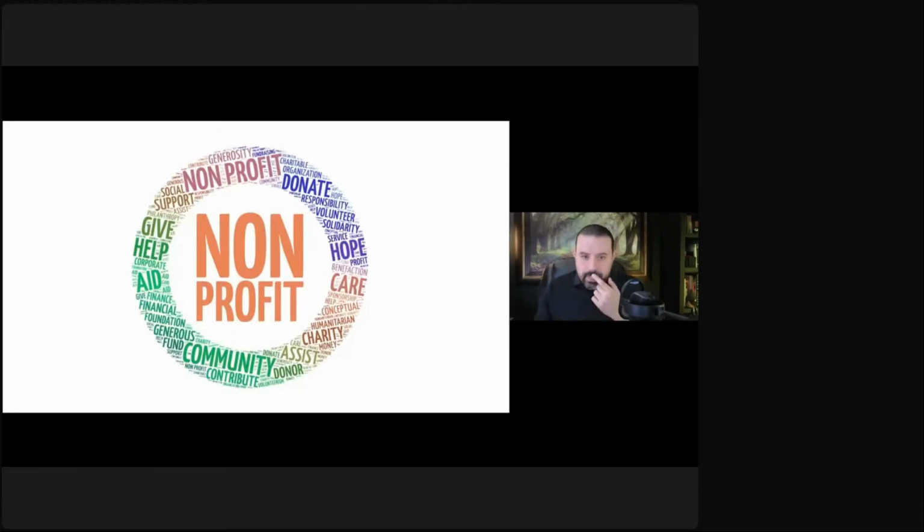So we're going to jump in here to understanding how this looks. Okay, this is your nonprofit. This is you and your nonprofit. You're in the middle there, and you've got this swirl of stuff around you. How many of you feel the pressure of all these things? Hope and care, making sure that your organization's giving and that people are giving, and you're trying to establish community, and you're trying to create this culture of generosity, and there's the financing.